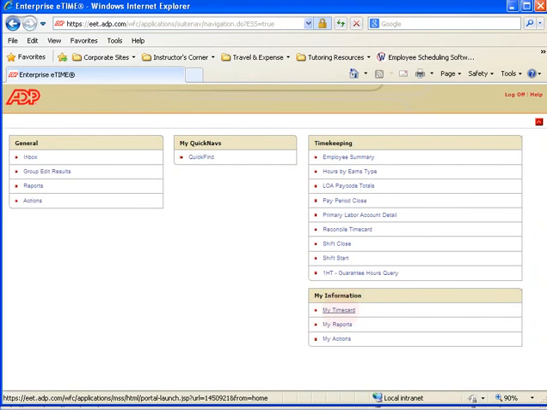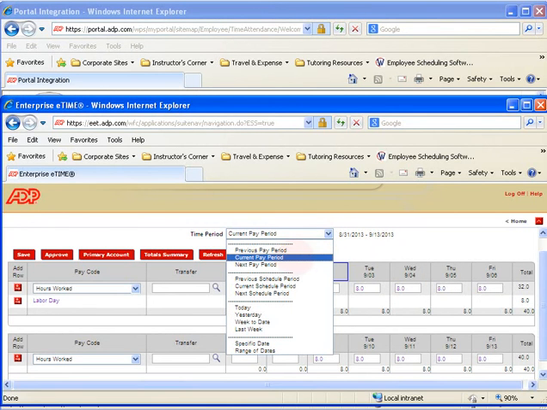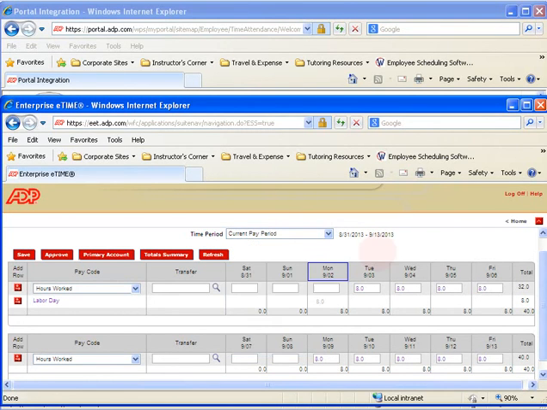Once I click on my time card, I'll be able to see my time card here. Make sure that you are either on the current pay period, or if you're going to do your time card in advance, you can also click next pay period and do your time card for the next pay period. If you're teaching a class, make sure that if it's a 4-hour class, that you add 2 hours to that